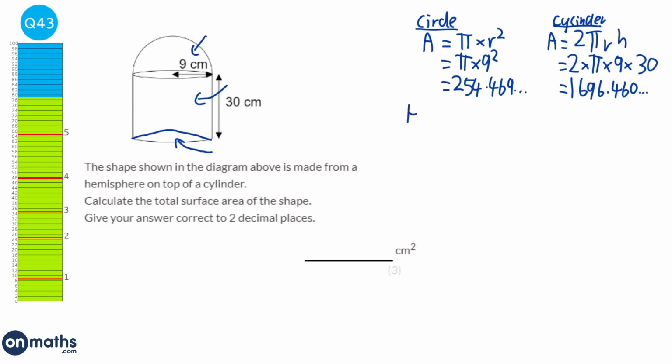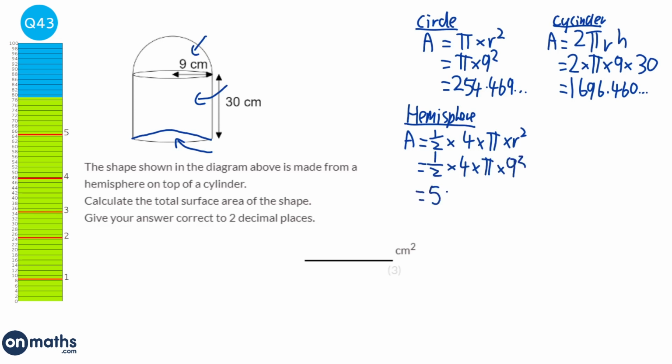And the last bit is this hemisphere here, so let's do the hemisphere. And the formula for the area of a hemisphere, well, this full sphere is 4 times pi times r squared, but because it's a hemisphere, it's half of that. And so it'd be half times 4 times pi times the 9 squared, and that will give us